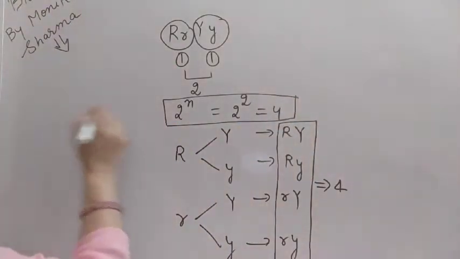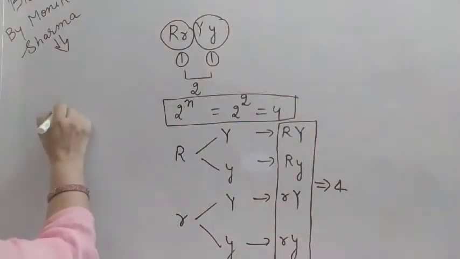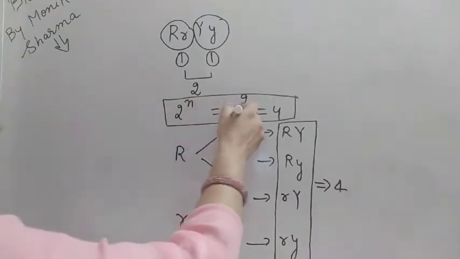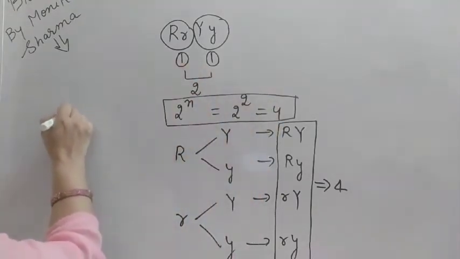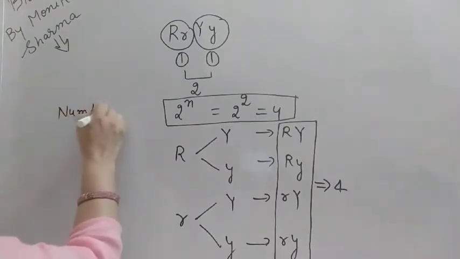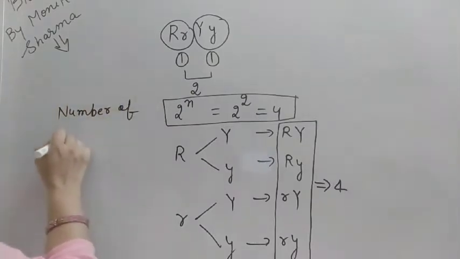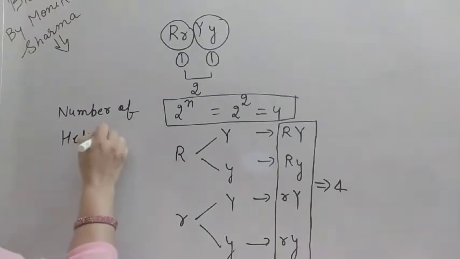That means this is how you can make it: by 2 raised to the power of the number of heterozygotes. So the number of heterozygote